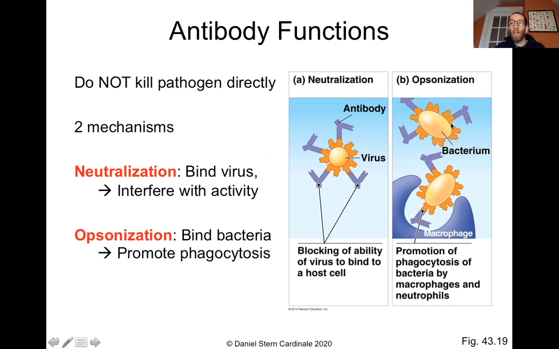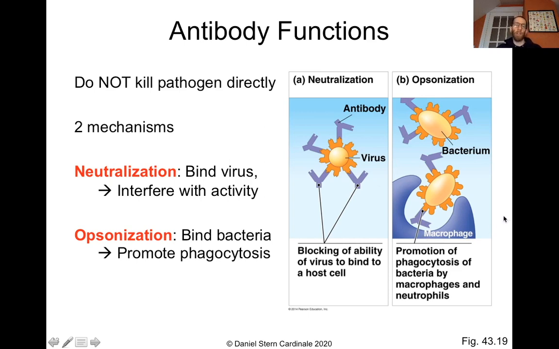Opsonization is just binding to the antigens on the surface of the bacterial cells, and in doing so, promoting phagocytosis. Basically, our phagocytic cells recognize the back end of those antibodies. When they see those, they just gobble up whatever it's attached to. So if you can coat your bacteria in antibodies, your phagocytic cells, like this cell called a macrophage,